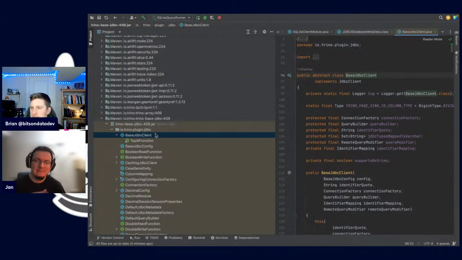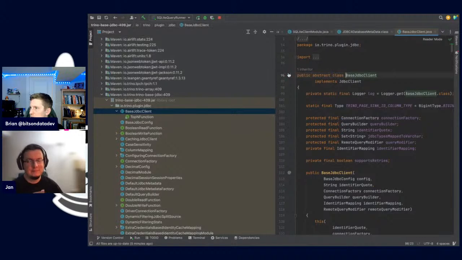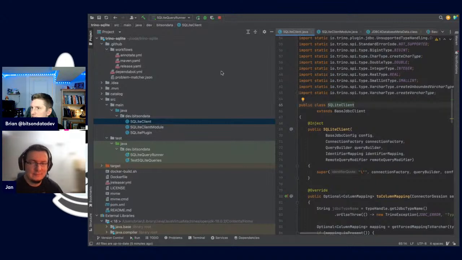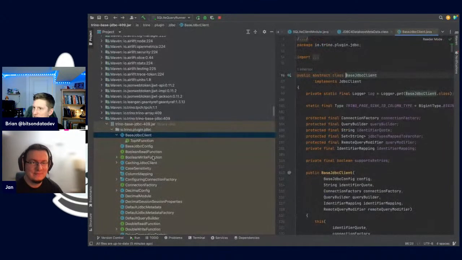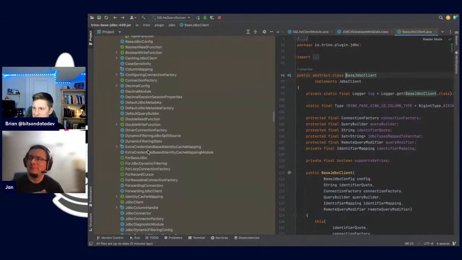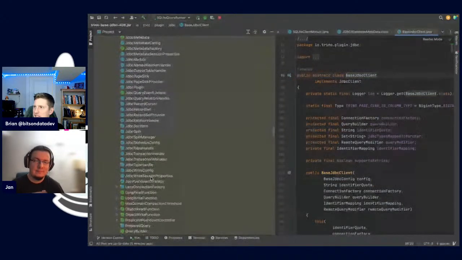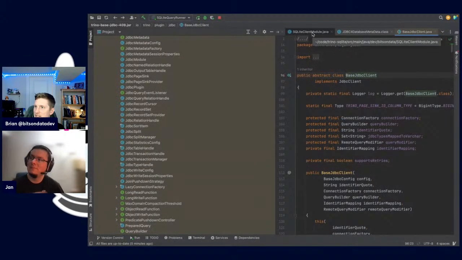It says Trino base JDBC, and this is literally something that ships with Trino. If we go to all the implementations of this base JDBC client, in the actual Trino project you would find a whole bunch of connectors that utilize this common code, and you get a lot of automatic goodies with this library. There's so much JDBC functionality that's already implemented for you, and you don't have to implement it yourself. And we were already able to say, hey, show catalogs, and that just worked